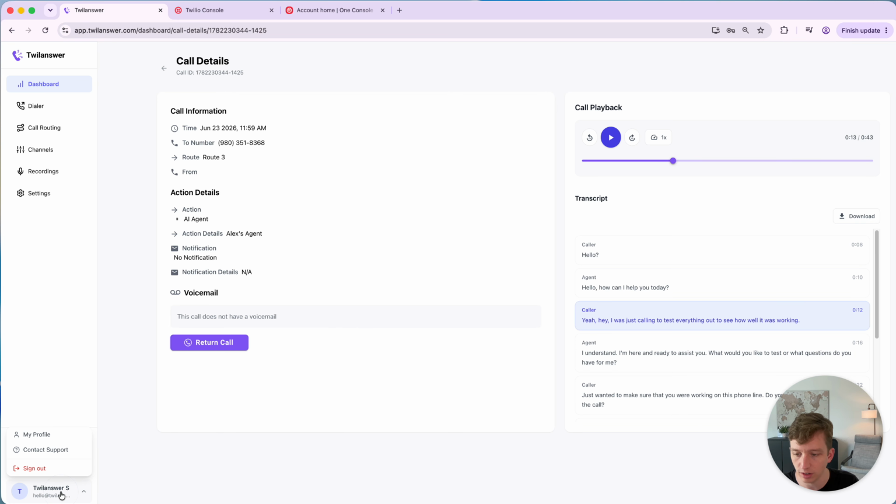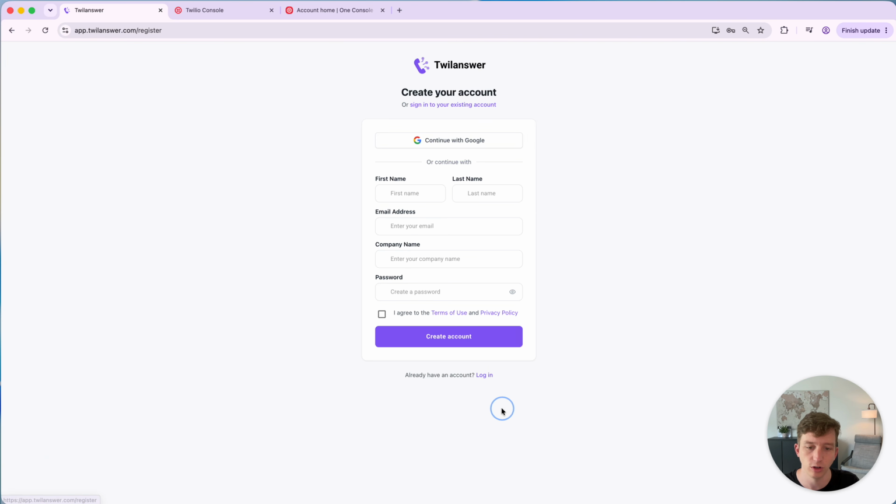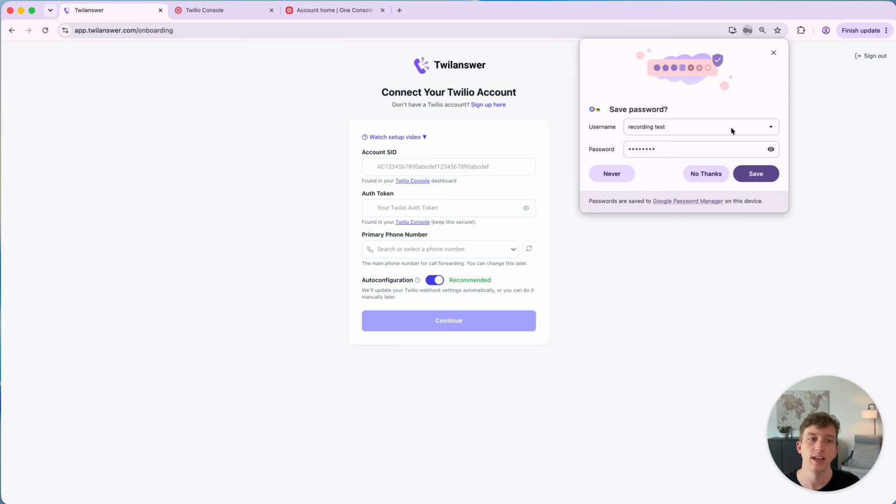Now this only takes a few minutes to set up, so what I'll do is I'll go ahead and I will create a new account, recordingtest.com. And the first thing you'll have to do after you enter your information and create an account is connect that